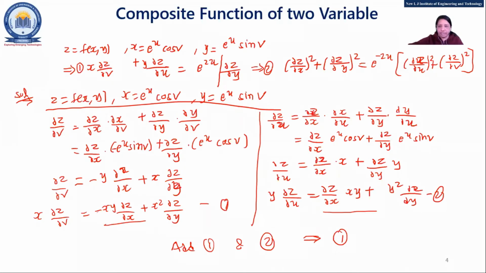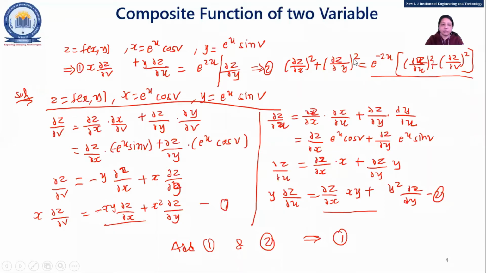Okay, now the second. We are not going to do that one because you can do it yourself. That's why I told you the concept should be clear. Here also there are squares: del z by del x square plus del z by del y square. In which way will you start? The hint is to just start with the RHS and you will get your LHS. So you will go in that way.